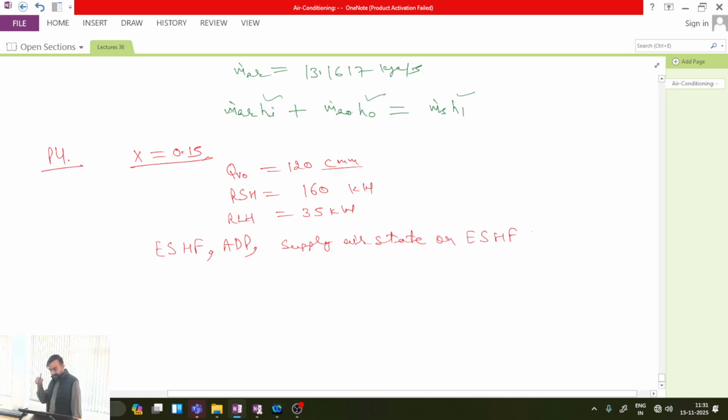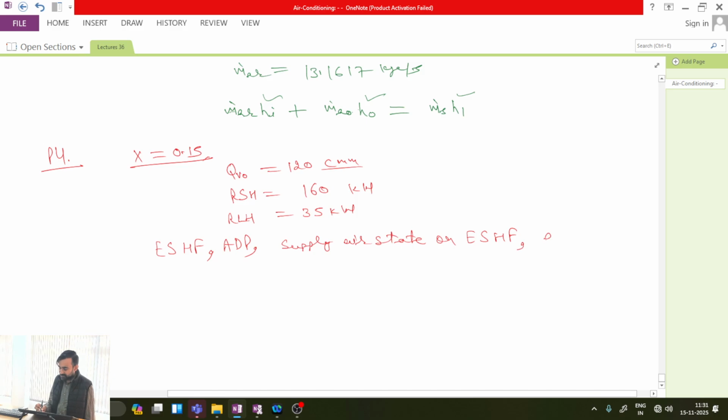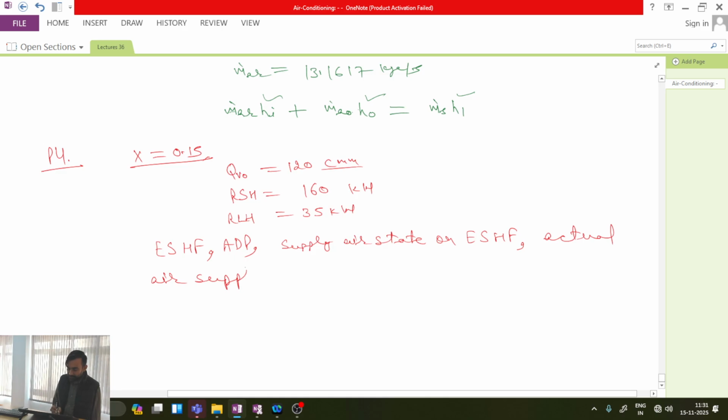So let me explain this concept again. Supply air state on ESHF and actual supply air state. What is the difference between the two? Do you know? Actual supply air state,